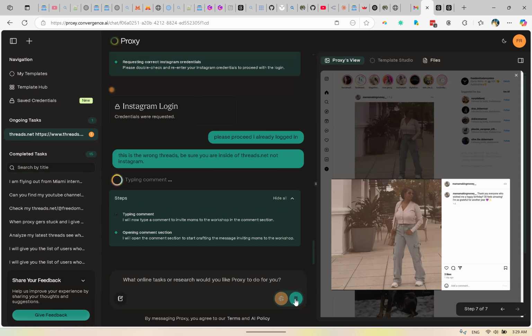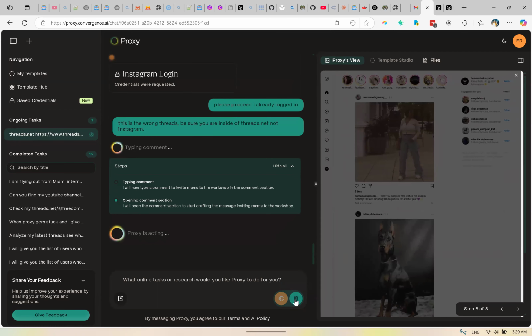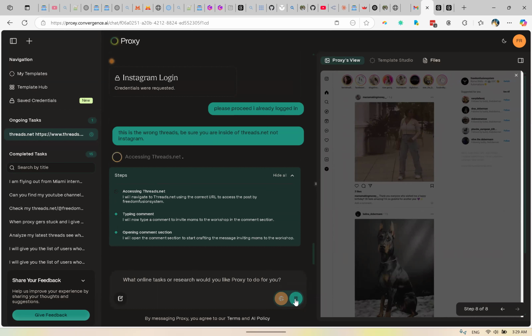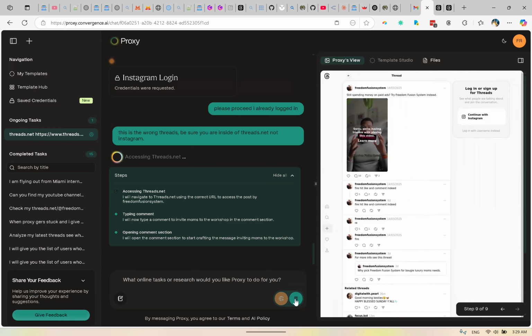So you want to make sure that you give it a guide, so it needs to open up Threads. So you would need to guide it a bit to make sure that it knows exactly how to do this initially. And right now, okay, so now I'll navigate to threads.net using the correct URL to access the